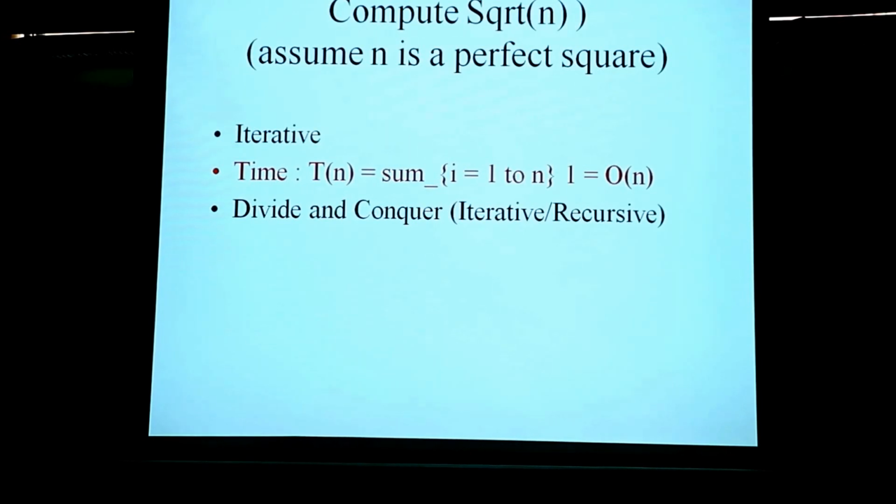Have you seen the iterative form of binary search? Is there anybody who has not seen the iterative form of binary search? I'm sure there will be some people who have not seen both. Anyway, since everybody admits that you know the iterative as well as the recursive version, I assume that you can apply the same algorithm here.